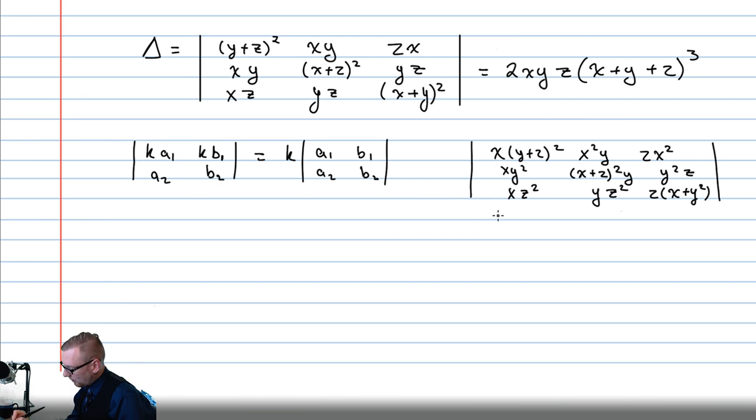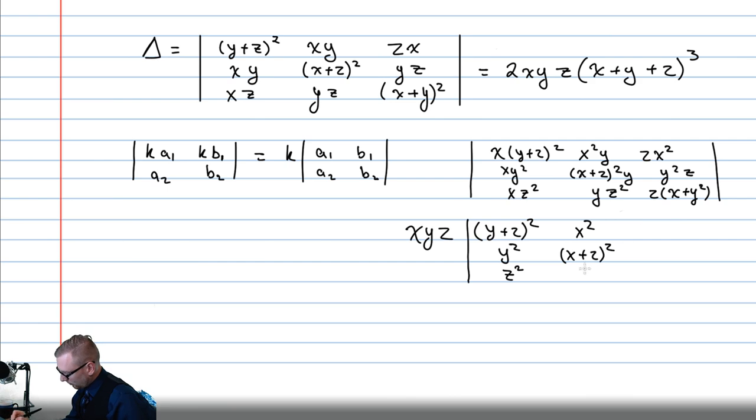So if we take an X out of column A and a Y out of column B and a Z out of column C, we get X, Y, Z times the determinant: Y plus Z squared, Y squared, Z squared; X squared, X plus Z squared; and, right, I took out a Y, and a Z squared,